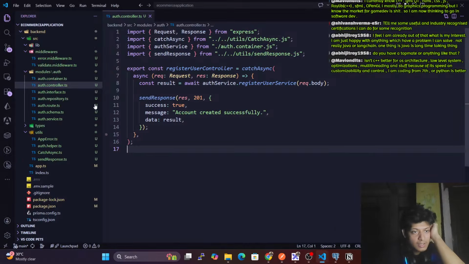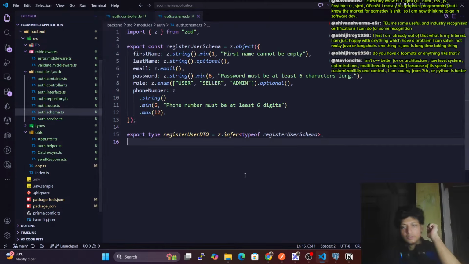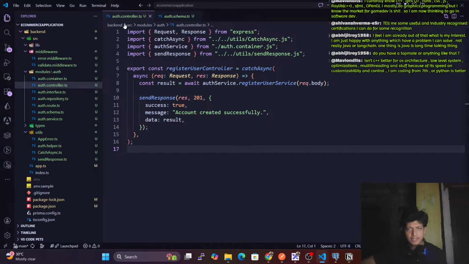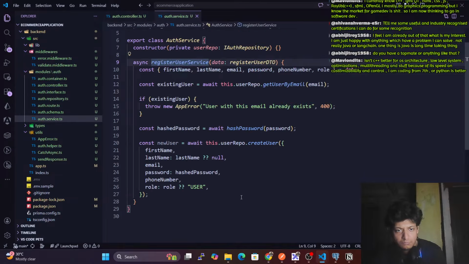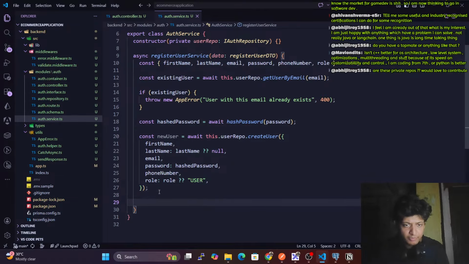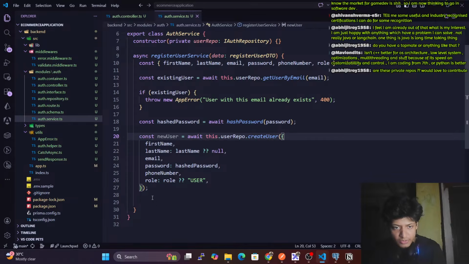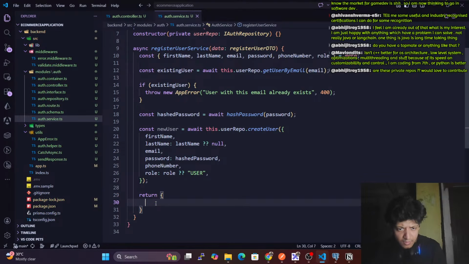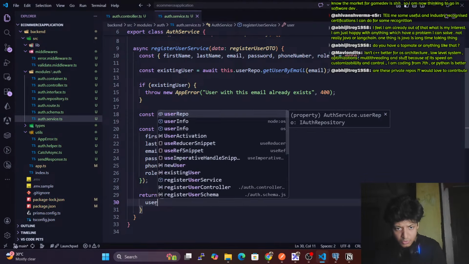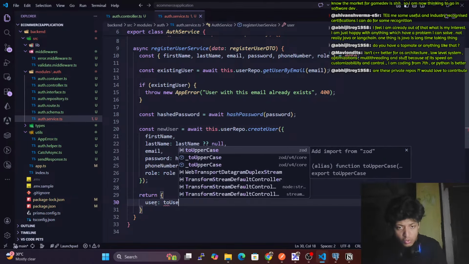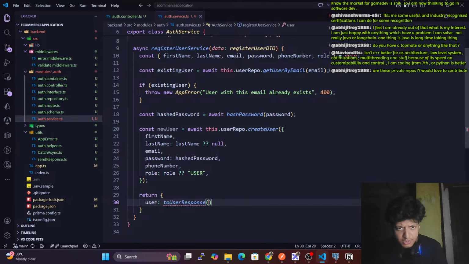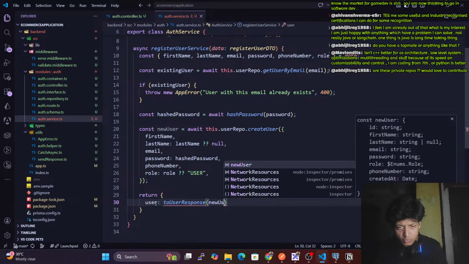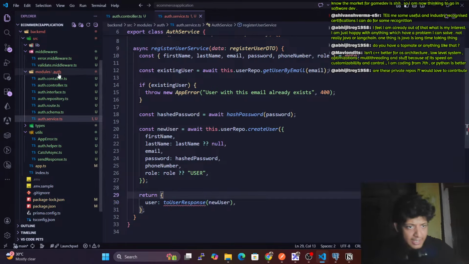First let's go to the schema. Where is my schema, auth.schema? Here. So we have the schema, and just a sec, new user, and we also need to create a mapper. We need to create a mapper because we cannot just return this user. We need to create a mapper as well. Return user to user response. I will pass this new user. Okay, we have this, and let's create a